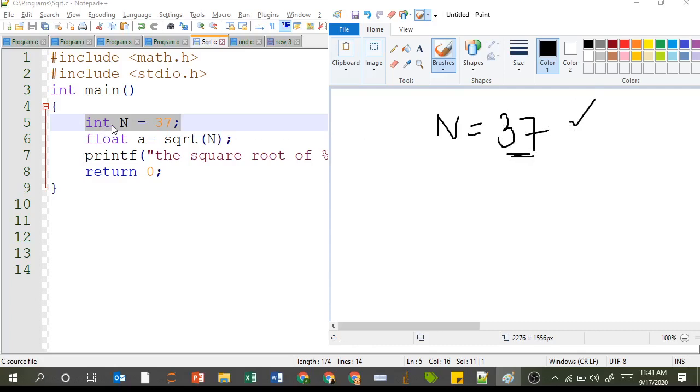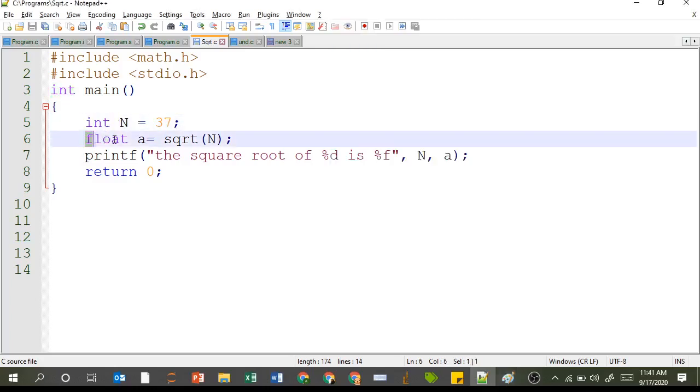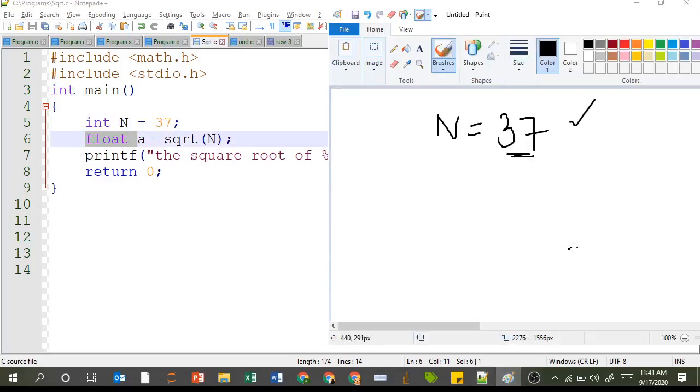In the C programming language, I have not yet discussed the data types, like what type of numbers can be there and what type of values you can store. Right now I'll be focusing on only two things, integer and float. Let's say you have a real number like 37.5 and an integer number like 37.